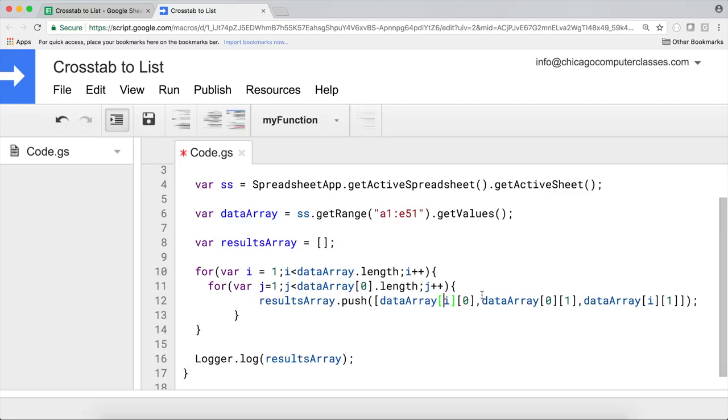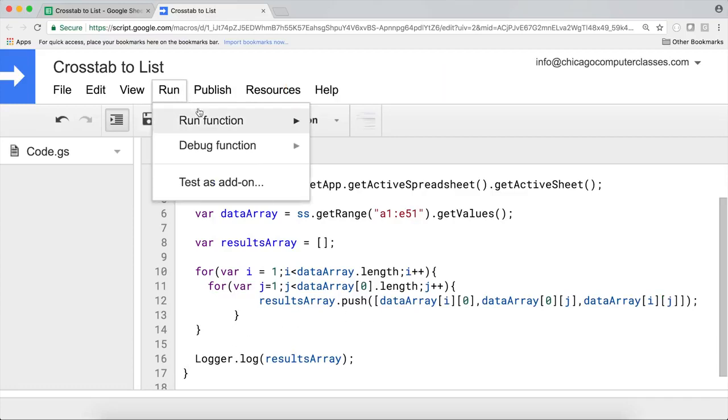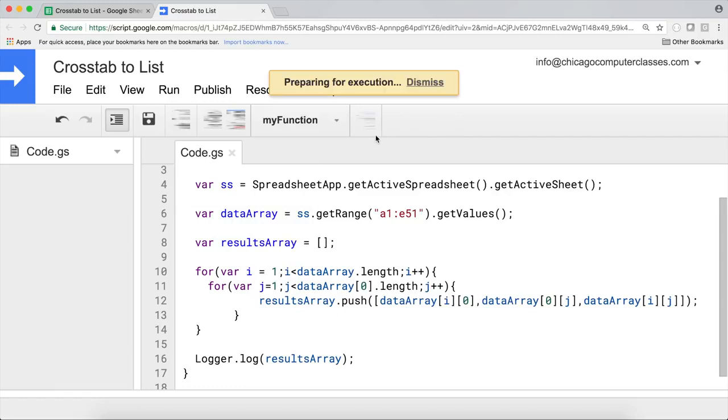So now instead of having this hard-coded 1, which was always getting us everything from that one single column, I'm going to replace it with this j, which first is going to be 1, then it's going to become 2, then 3, then 4, and so on. So it's going to go through all those columns. So if I save this and I just run this as a result,